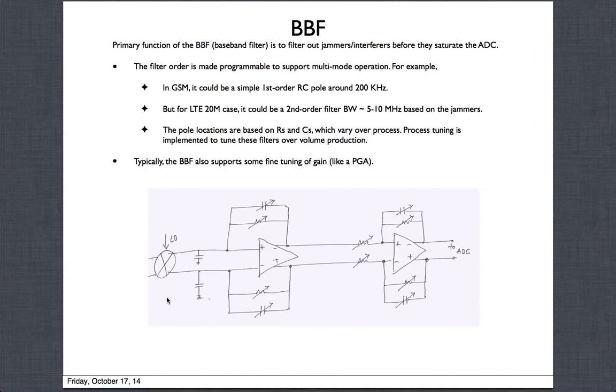Then comes the baseband filter. The baseband filter is the one that follows after the mixer. The main purpose of this is, we are going to go to the ADC, but before going to the ADC, you try to filter out the interference, the various jammers that you have. Typically, even before going to the filters, we will put some caps. These are for trapping any RF. The LO could leak here, the RF could leak here through the mixer switches. We want to trap it, and we put it in more of a common mode. So these are called common mode traps, common mode caps, to provide a low impedance for the RF signal.